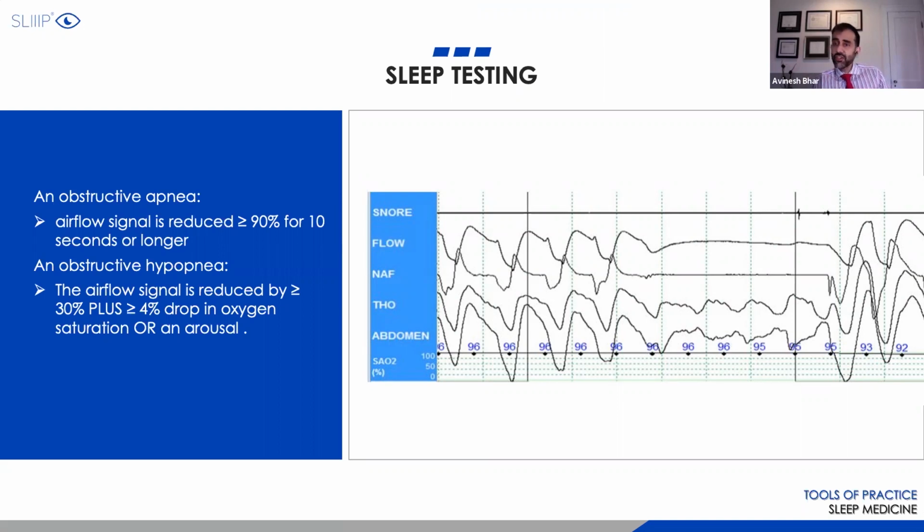Now that's been a big controversy because the AASM, the American Academy of Sleep Medicine, still stands by the fact, and a lot of us in practice still stand by the fact, that 3% is a better drop. The 4% is being driven by a lot of insurer requirements. So a lot of patients are getting underdiagnosed with sleep apnea and not getting the treatment they need. Even though the official diagnosis for many insurance companies is 4%, a lot of patients get misdiagnosed,